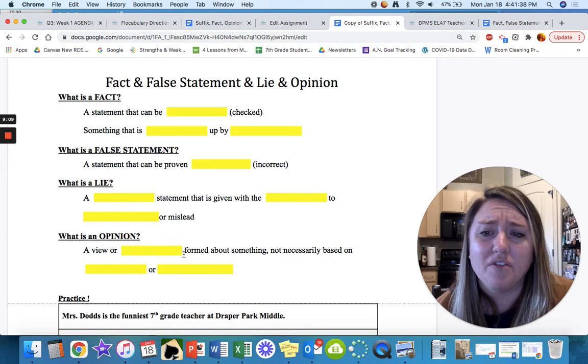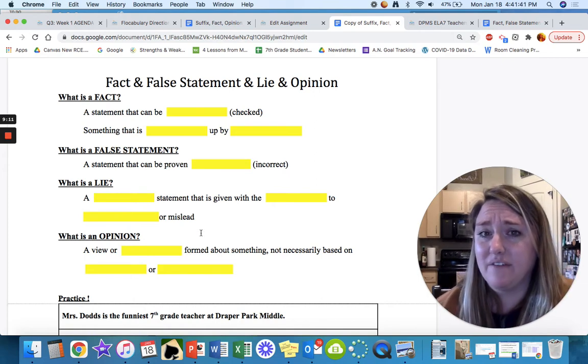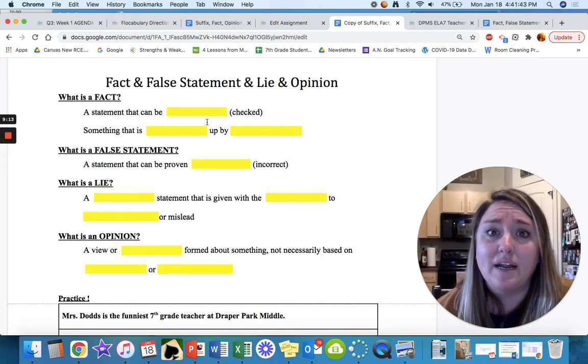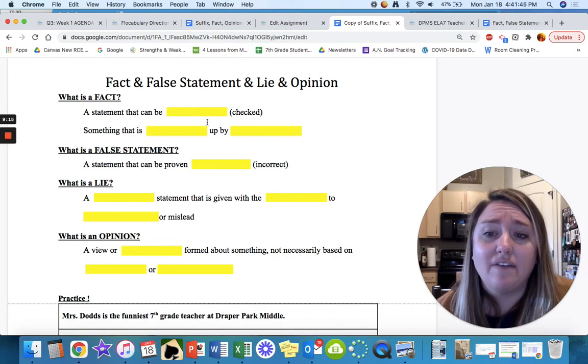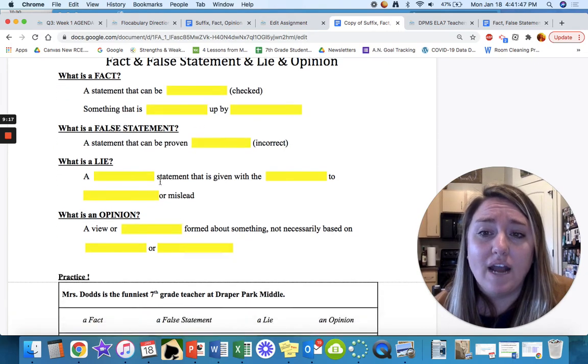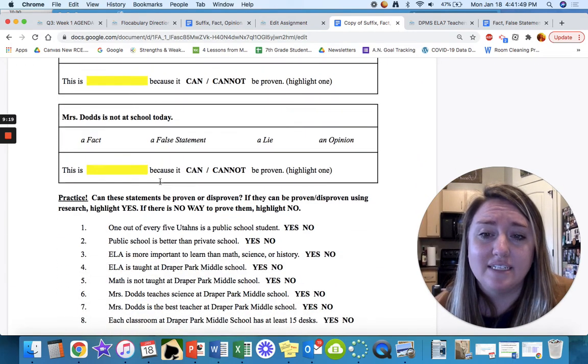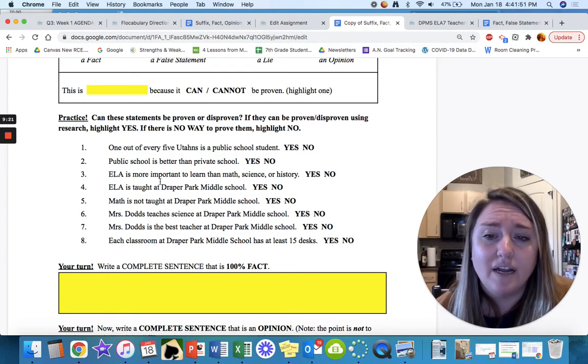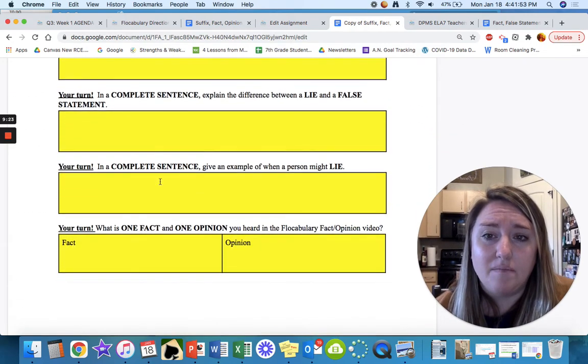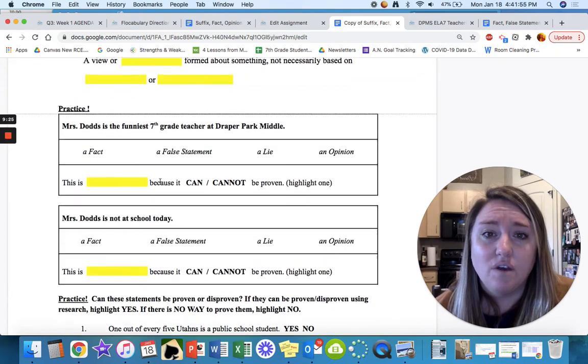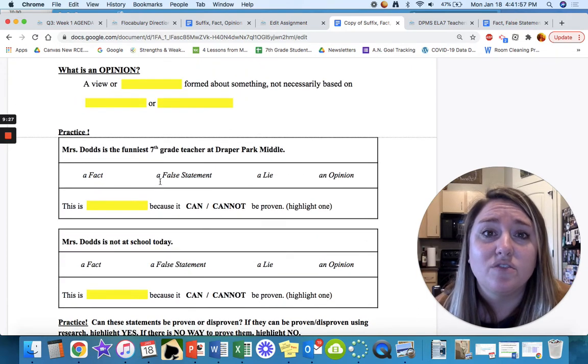Okay, I hope you got through all those notes. I said every word that fills in those blanks. You might need to go back and look if you missed that. You are now going to go through and do these practices. I'm sure that you can do this by yourself, okay, and get all of that done. You can feel free to raise your hand and ask the substitute for help or send me a Canvas message. Who knows, maybe I'll be